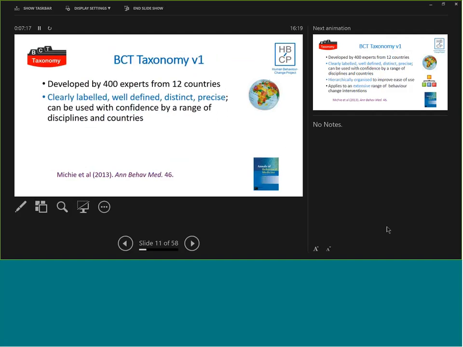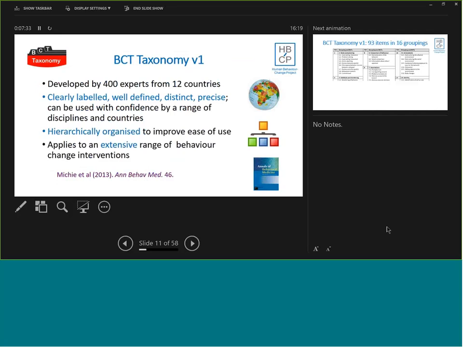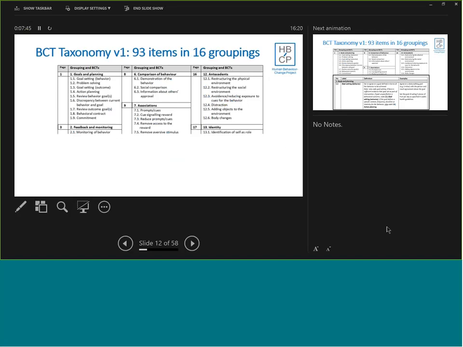So with MRC, Medical Research Council funding, and the engagement of 400 experts from many different disciplines from 12 countries, we came up with a clearly labelled, well-defined, distinct and precise language that could be used with confidence by a range of disciplines and countries. This is hierarchically organised to improve ease of use and apply to an extensive range of behaviour change interventions. So we came up with 93 items, and we grouped them in 16 groupings by methods that you can read